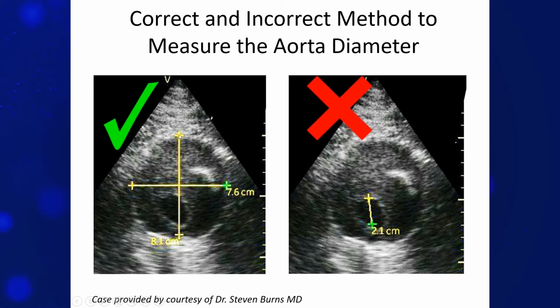You can see here, this is the correct way of measuring. In fact, this was reported as not an aneurysm because somebody accidentally just measured the lumen. So never measure just the lumen, it's of no value. What is more important is the diameter of the abdominal aorta. And when you do see an aneurysm, you measure outer wall to outer wall. And of course, what is more important here is the bigger diameter: 7.6 is transverse, and longitudinally we have